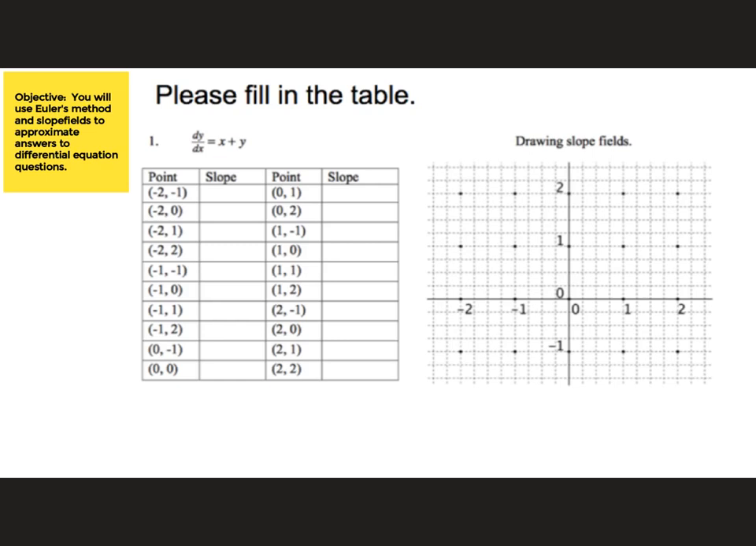Going to use some Euler's method and slope fields. So slope fields, it looks terrifying, but it's actually quite easy. We have this equation right here, dy/dx, so the derivative is x plus y. So let's see, x plus y here is -3,